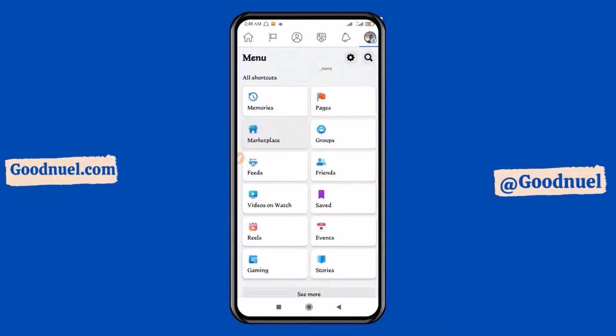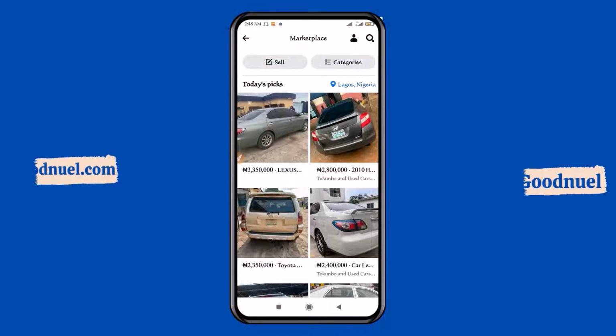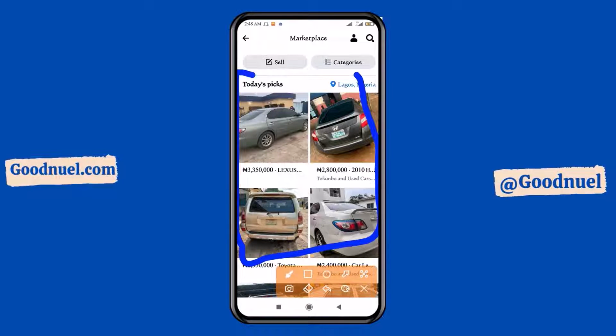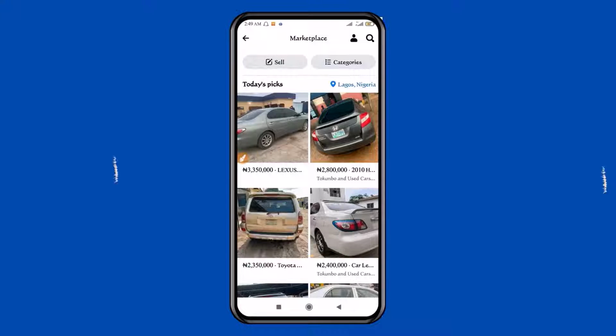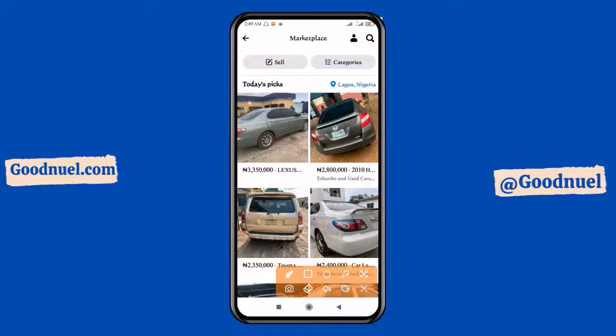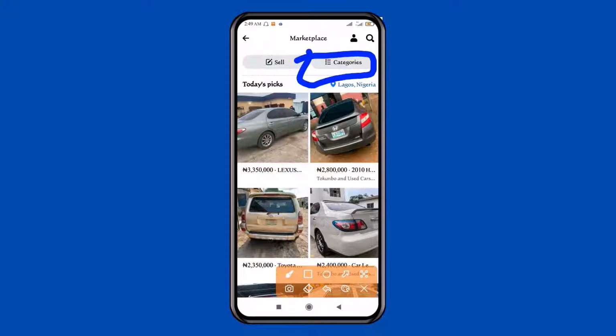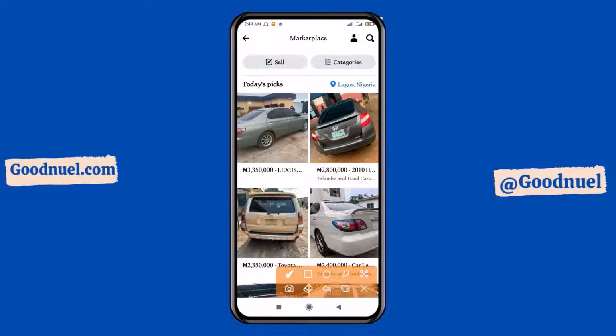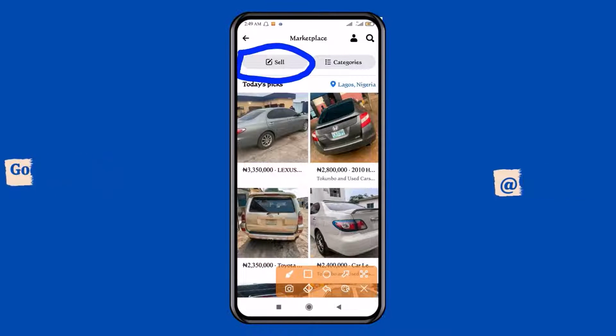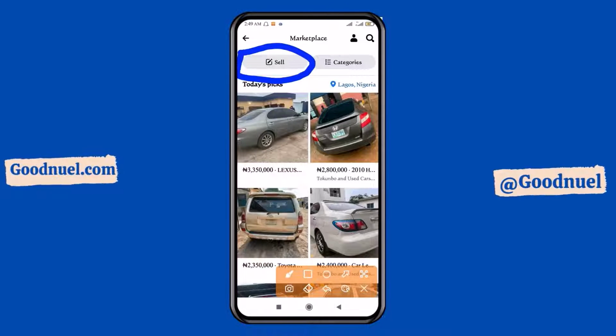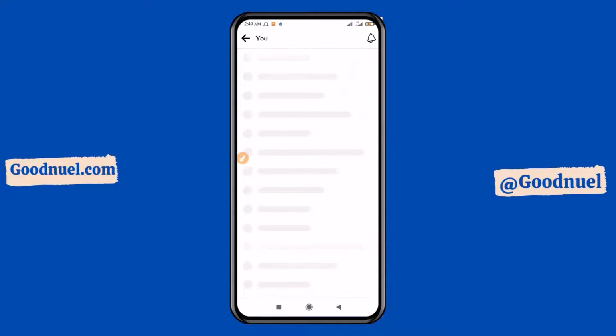So if you come to the Facebook marketplace, you find some things. These are some things that people have listed, all right, and you can come to the categories right here, and you see the different categories on Facebook. Or you can just come here and say you want to sell, and then you can just publish your listings and start selling. If I click on my profile right here, I'll show you some of the listings I have,